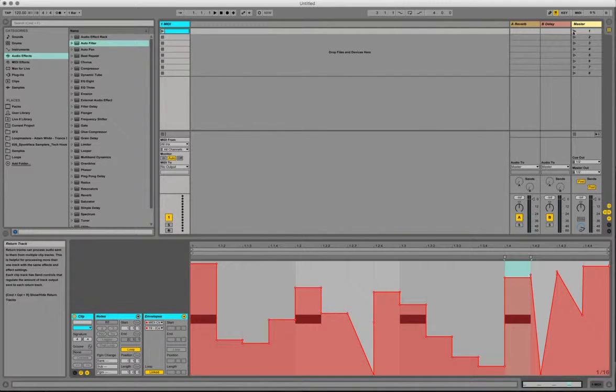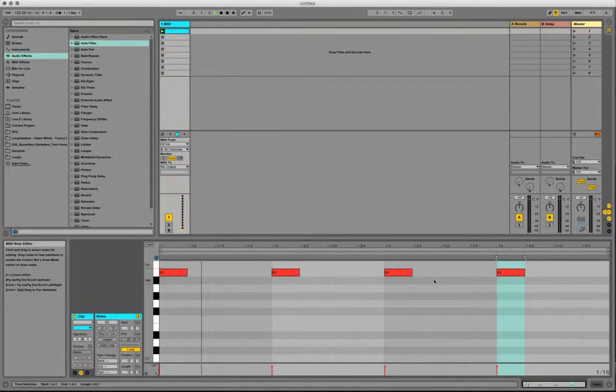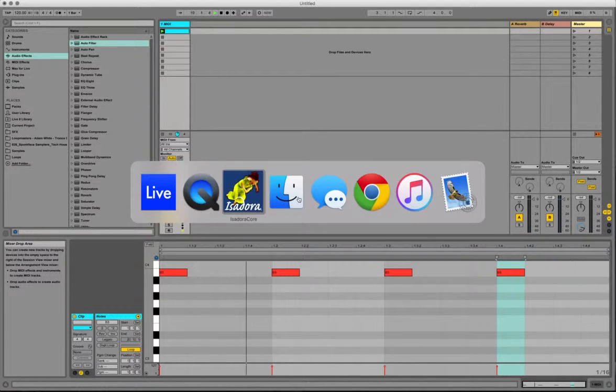And I'm actually going to set this off, so it's going to be running in loop. You can check it's working just by seeing this trigger here. These LED lights are lighting up just to replicate these 4, so you can see that's running in time. Okay, so I'm going to jump to Isadora,